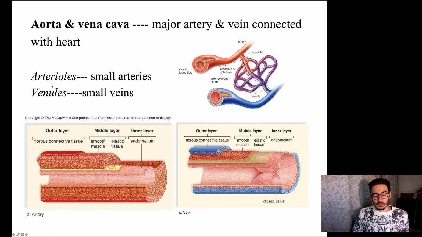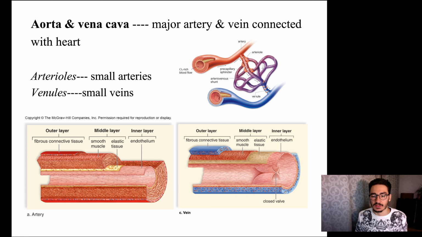Arterioles. So let's break up some definitions. So you have arteries. These are the biggest blood vessels, which carry oxygenated blood. And when the artery divides into a smaller artery, we now call it an arteriole. These are small arteries. Then this arteriole is going to be divided into the capillary bed, where the exchange happens